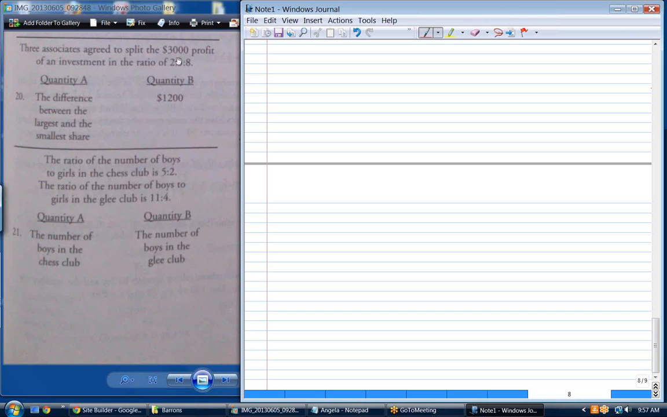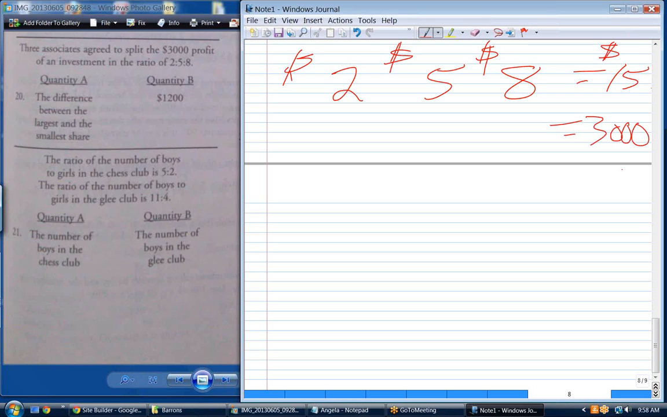And when you see a 3 times ratio like that, add those numbers up. What do you get? 15. Okay, 15 is very divisible into 3,000. So we should be able to split that up pretty easily. In other words, if I said that one got $2, the other got $5, and the third one got $8, which is in the proper ratio, that would total $15. Well, I need everything to total $3,000, so I need to multiply each of these by 20. So this would be $40. This would be $100. And this would be